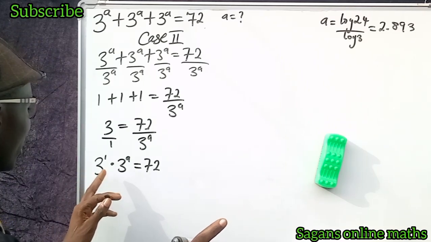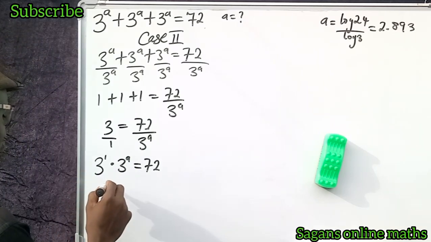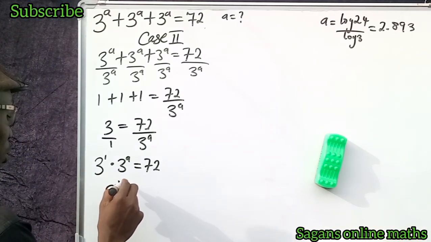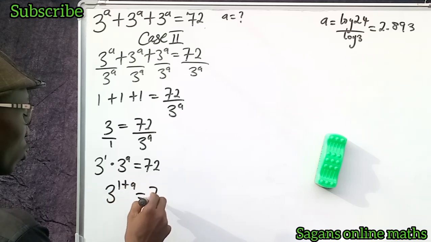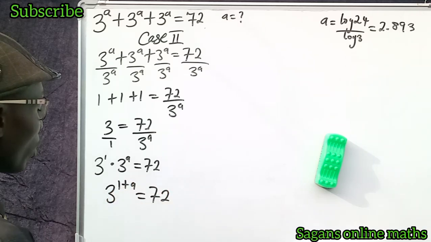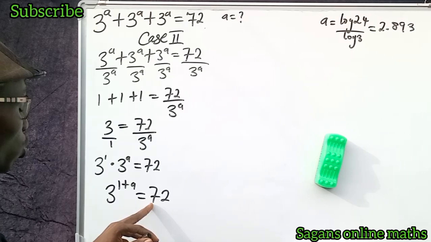Remember one of the properties of indices: if the bases are the same, we can take a single base and add the exponents. So this will become 3 to the power of 1 plus a equals 72. At this point, since we cannot express 72 to base